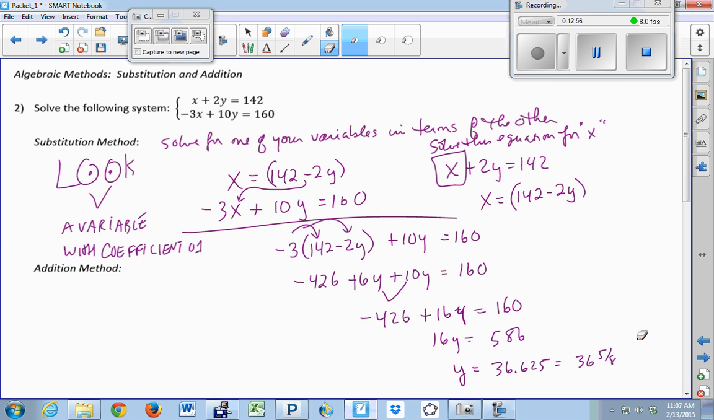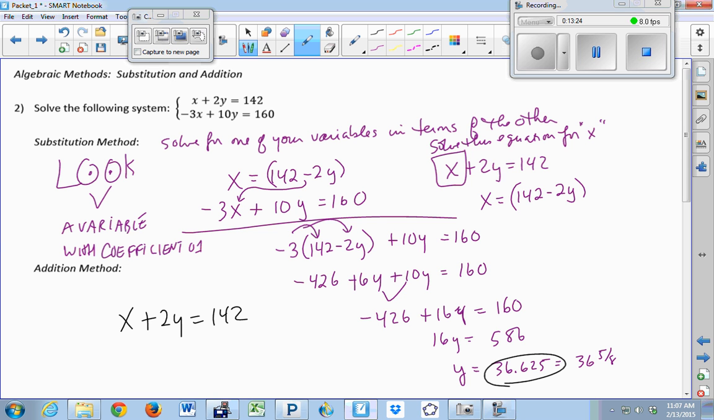So now you always go back to one of the original equations, never an equation that you've played around with, because if you made a mistake in creating that equation, you're just going to perpetuate the mistake. It's just going to carry forward. So go back to one of your earlier equations. I'm going to pick x plus 2y equals 142 because the numbers are smaller and my head can't handle anything quite too big. And I'm going to put in